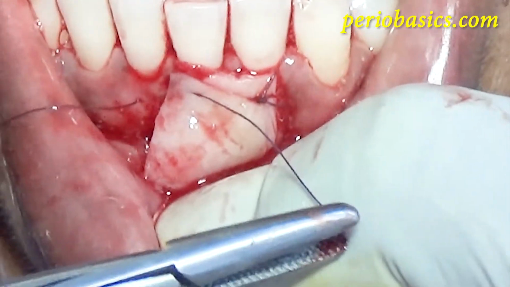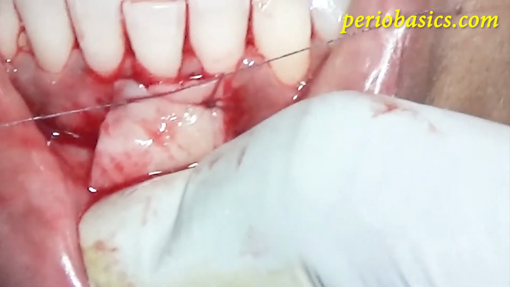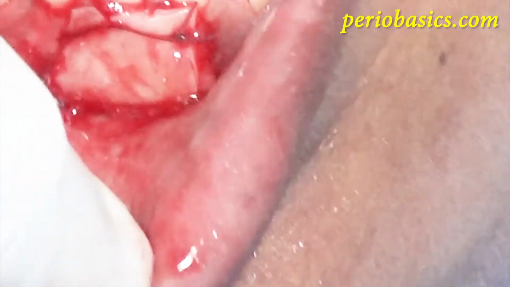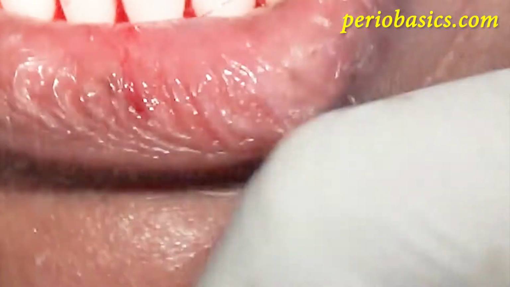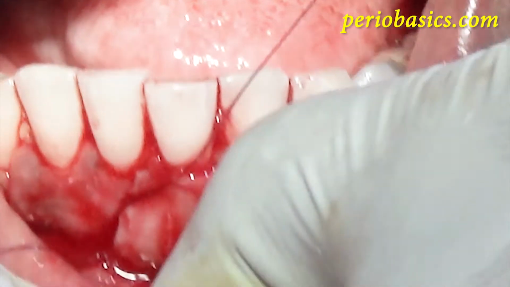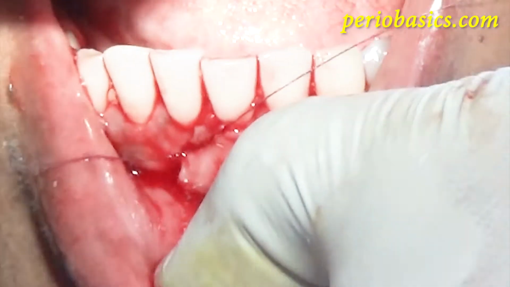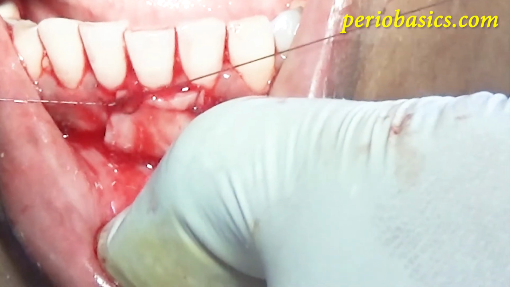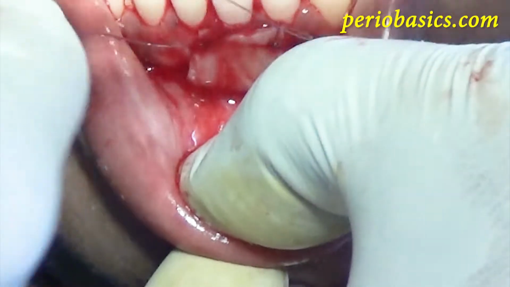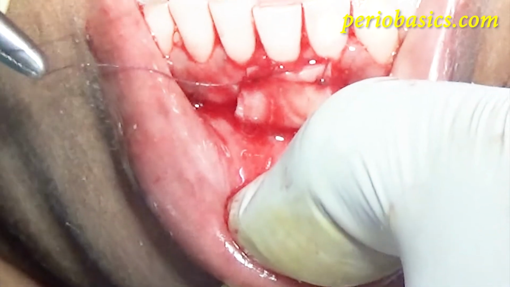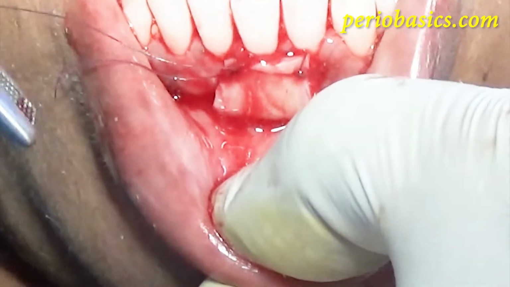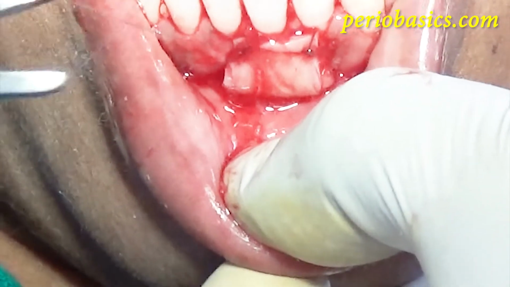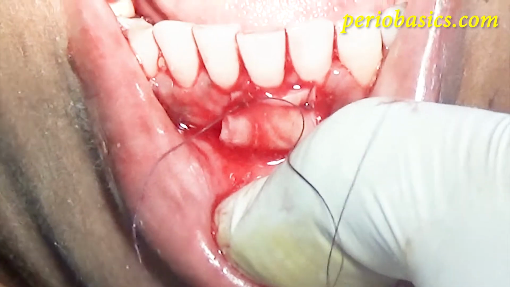And this is how our second suture is placed. Now one thing that you have to remember always while doing the free gingival graft procedure is that the graft should be absolutely immobilized in the area where it has to be placed, because if there is movement in the graft after the procedure, the healing is going to be hampered and you won't get any kind of good result after the procedure is done. So absolute immobility of the graft is a prime requirement.